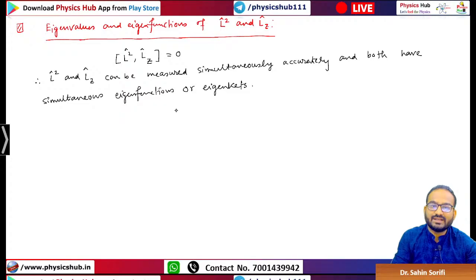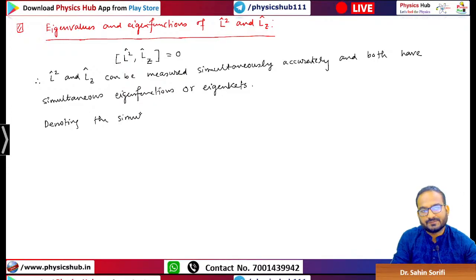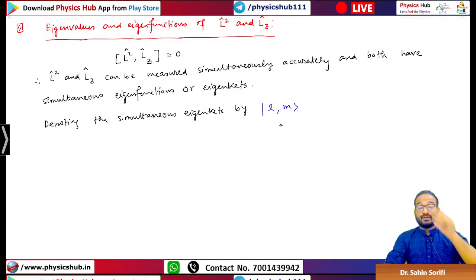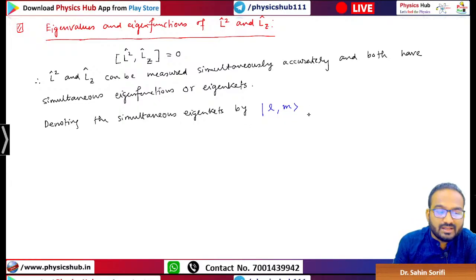So let's denote that eigenfunction by l m. There is a fundamental difference between this capital L and small l. Capital L is the orbital angular momentum. This small l and m are quantum numbers: the orbital quantum number and the magnetic quantum number. So you need to understand this basic difference. So we denote the simultaneous eigenkets by l m,